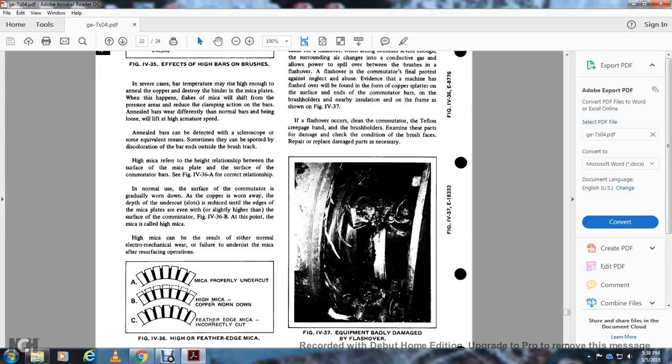High mica refers to the high relationship between the surface of the mica plate and the surface of the commutator bar. Figure 436A shows the correct relationship. In normal use, the surface of the commutator gradually wears down, the copper is worn away, and the depth of the undercut of the slot is reduced until the edge of the mica plates are even, or slightly higher than the surface of the commutator. See figure 436B. At this point, mica is called